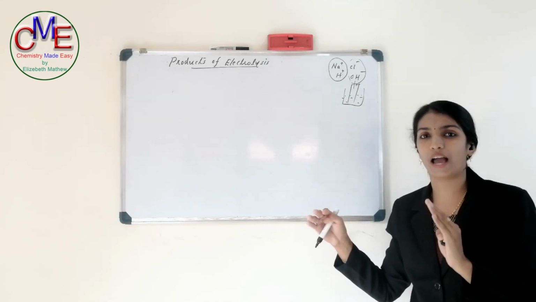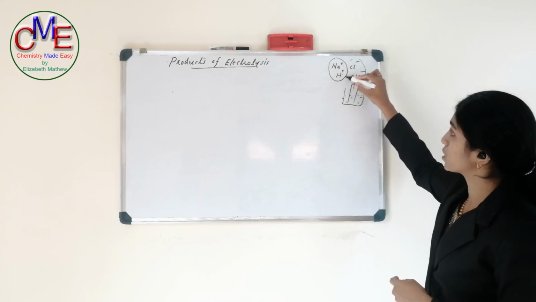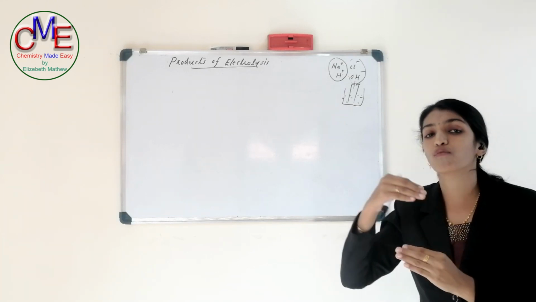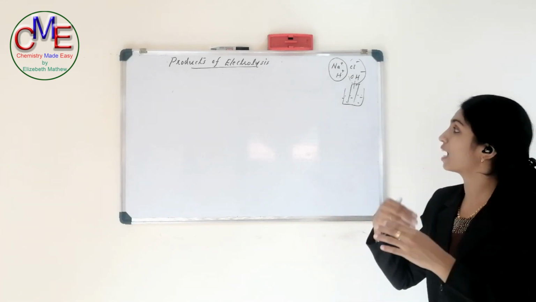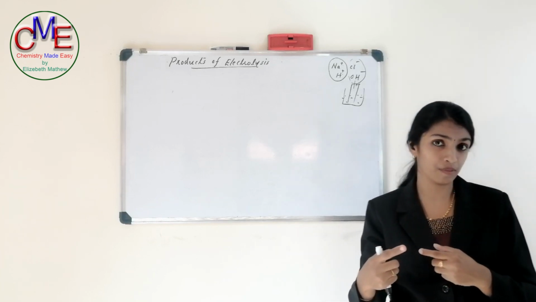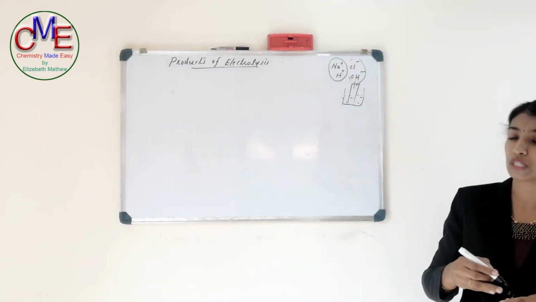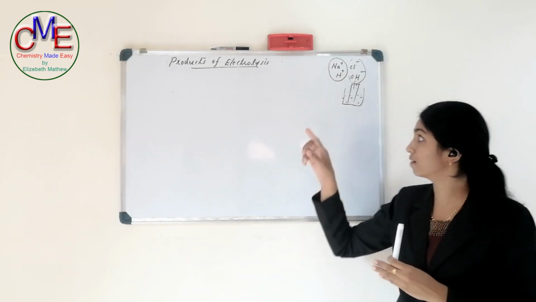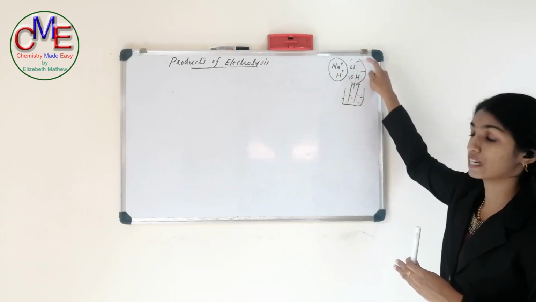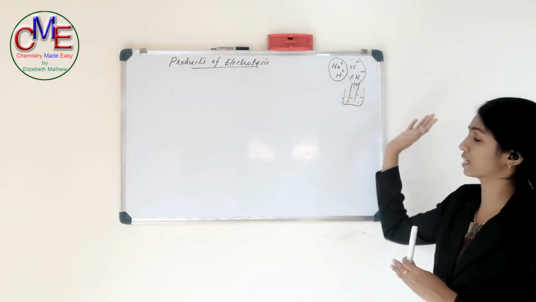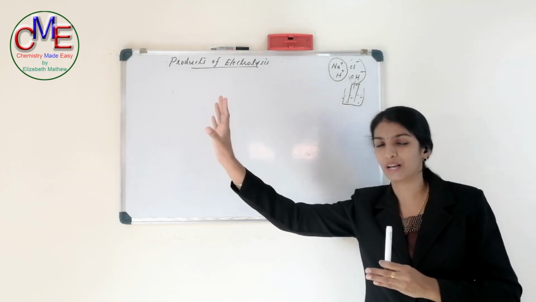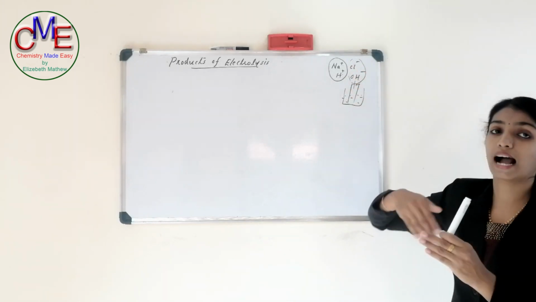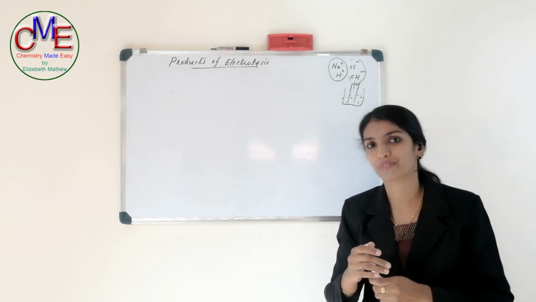Now, there is a competition of ions. Both types of positively charged ions are attracted by the negatively charged electrode, but only one can react. That depends upon their reduction potential. Oxidation occurs at the anode, the positively charged electrode. Oxidation occurs for the negatively charged ions, because they are attracted by the positively charged electrode, which is the anode. So oxidation occurs for the negatively charged ion and reduction occurs for the positively charged ion.